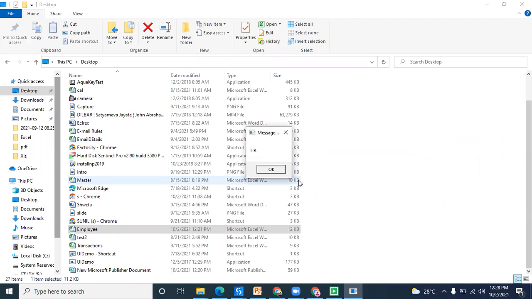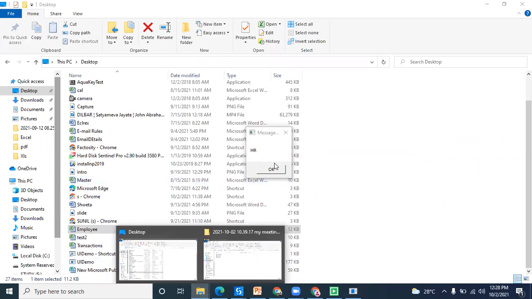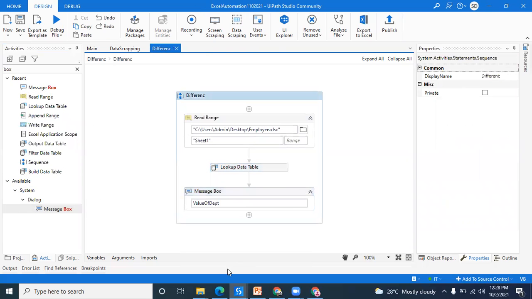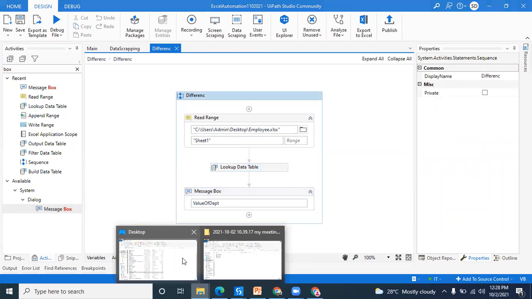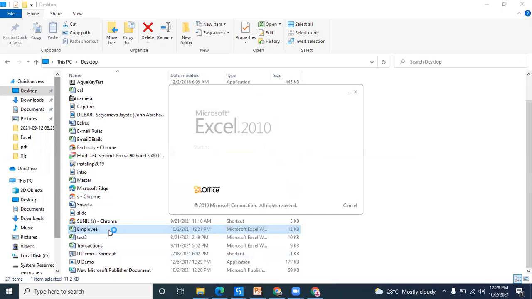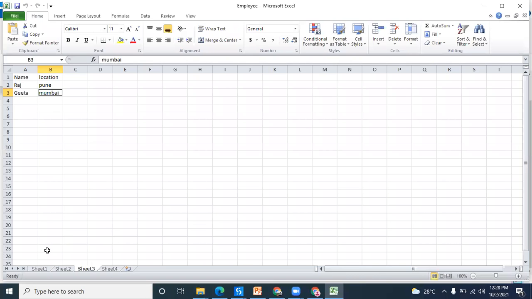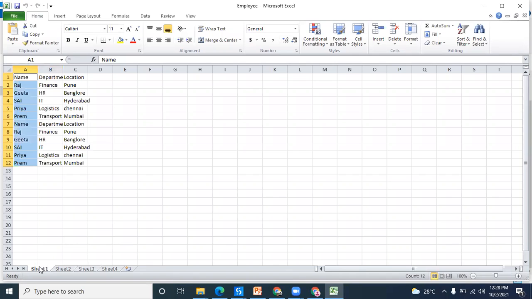So what is the department name of Geeta? Is this HR? Let me check. Geeta's department should be HR. Yes, Geeta's department name is HR.